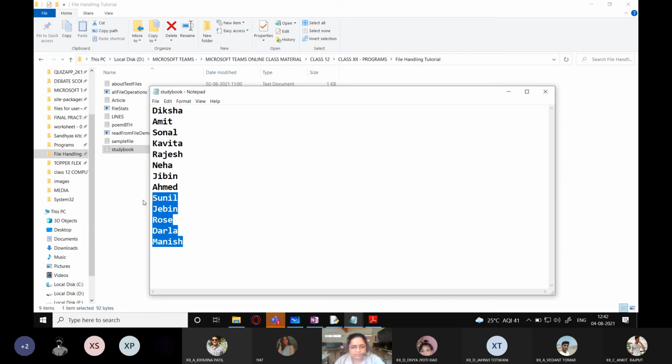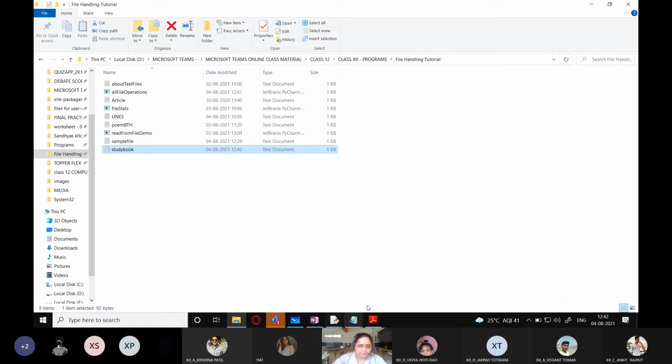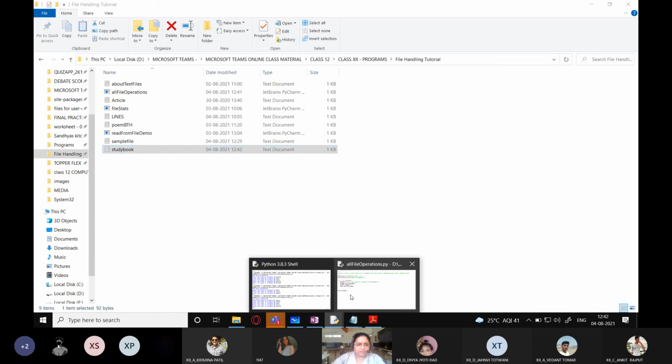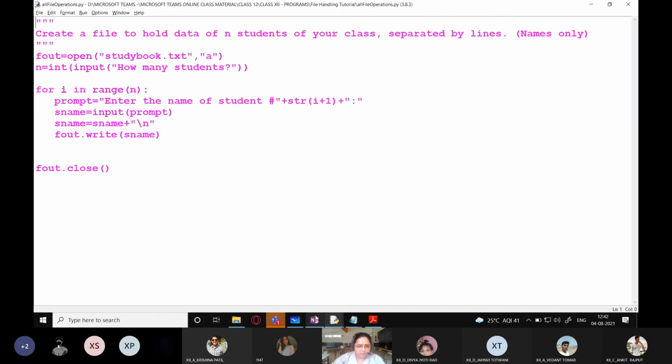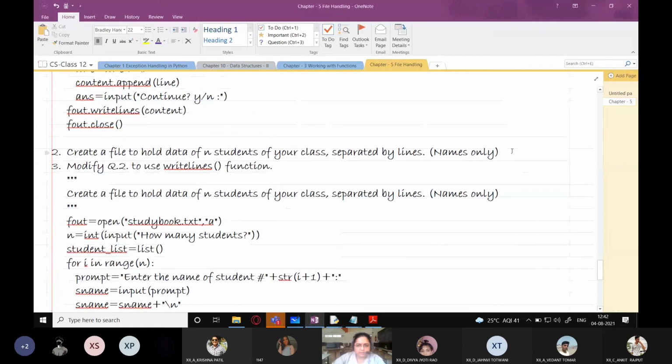So students, this is one of the most important characteristics, or you can say advantages, of having files, because you can store records on a daily basis in a file, and then later on you can make the program read the records from the file and do some processing on the file. So data stays there in the hard disk, it doesn't disappear, right? I'm going to do this and I'm going to paste it over.